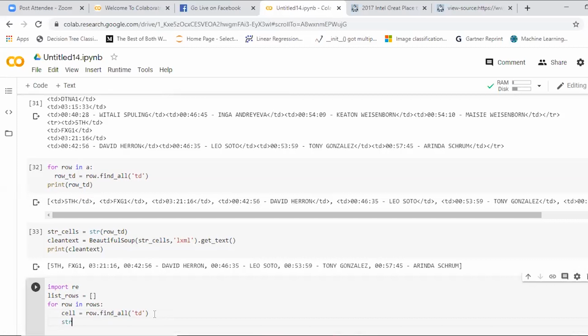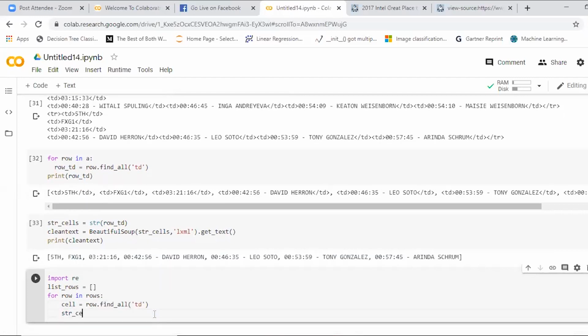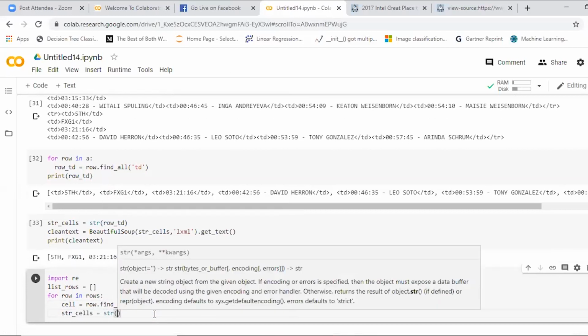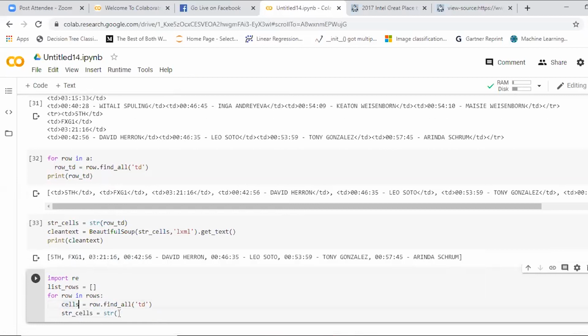So we use cell to find out, and we convert every cell into, you may give this as cells because we are having n number. I'll share the file. str of cells. Regular expressions are used for pattern matching, because we go for substitution, matching, replacing.